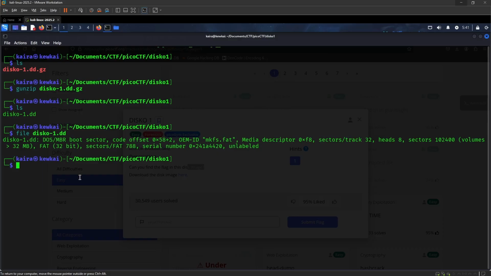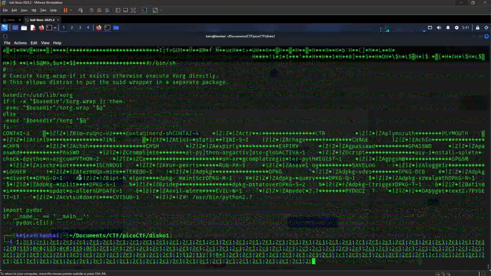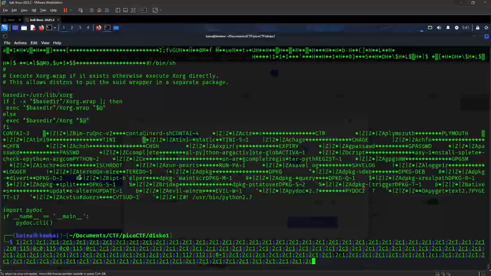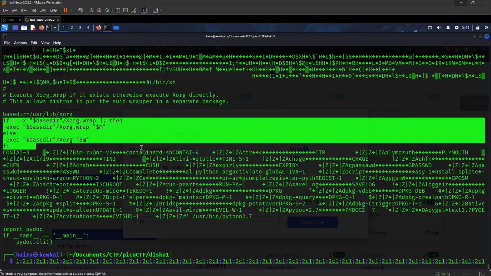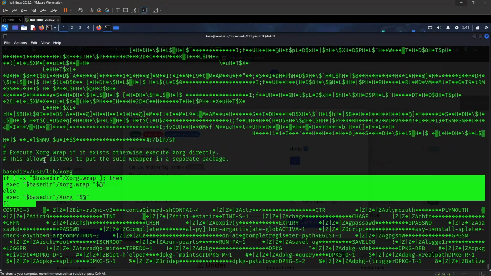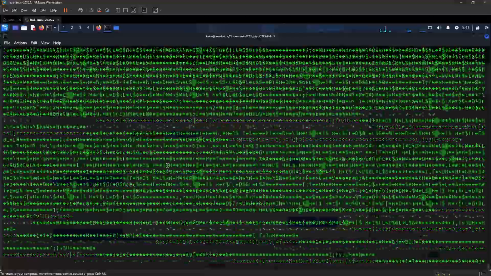If you do cat, you will get some weird kind of data which you won't be able to read. As you can see, it's just a very huge file. In between you can find some readable text, not completely readable, but there are some comments and some text that you can read.